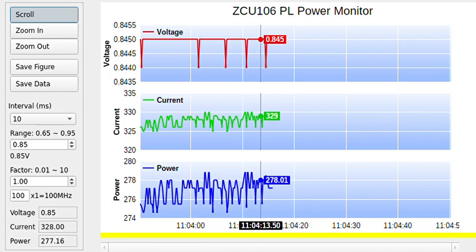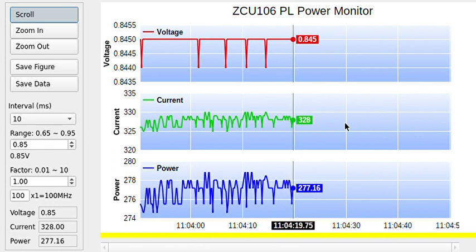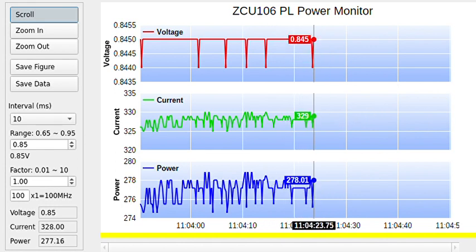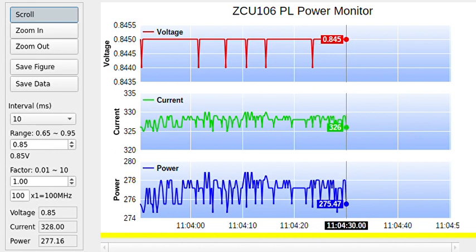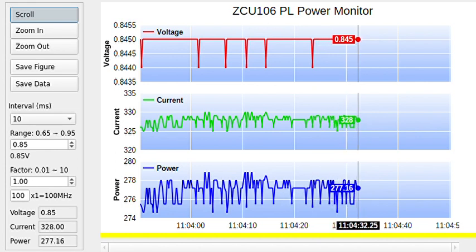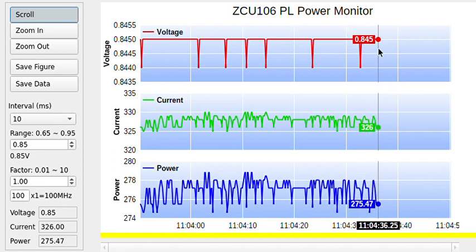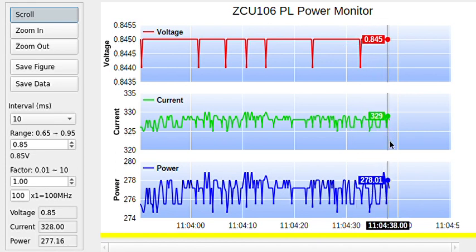This is a power monitoring app designed for the Xilinx UltraScale ZCU106 board. By using this app, you can monitor the voltage levels, the current levels, and the power consumption of